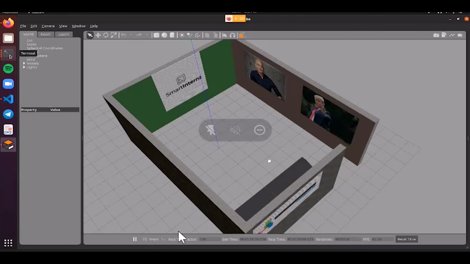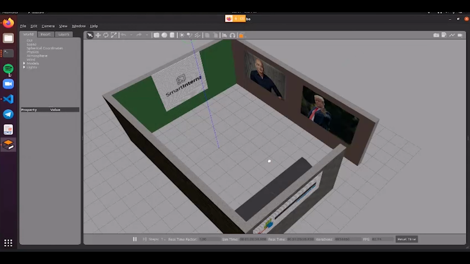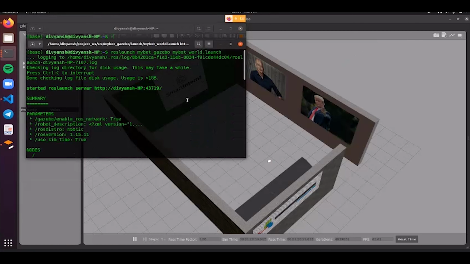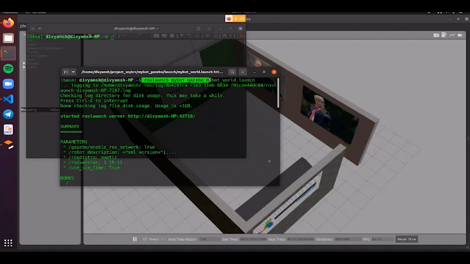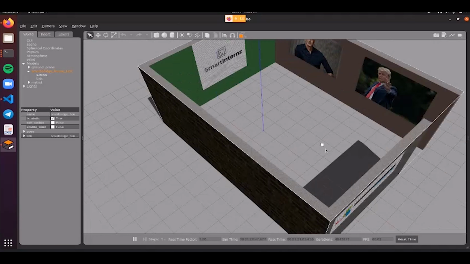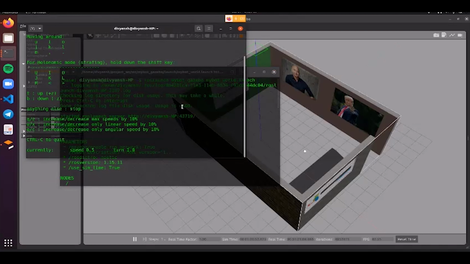As my friends Rishika and Rajat explained the various packages, now with the help of ROS launch, we have opened the Gazebo world. As you can see, the ROS launch command from my world Gazebo has launched the world with the bot inside it. Now, we use the teleop package to control our bot. As you can see, the bot moves according to our inputs.